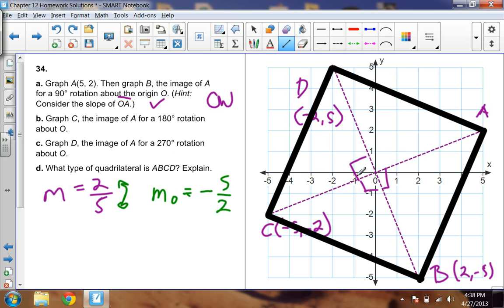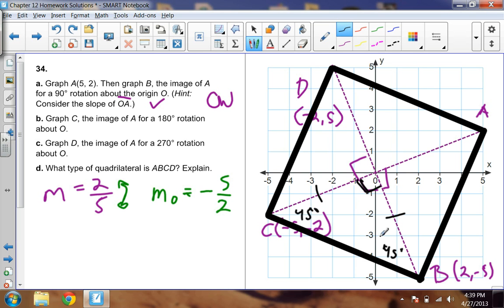Keep in mind that the distance from O to C is the same as the distance from O to B. So that means that these are congruent lengths. And this is 90 degrees right here. So you are looking at an isosceles right triangle. And an isosceles right triangle means that these angles are congruent. Not only are they congruent, but we can say they're 45 degrees because that should all add up to 180. And this is 45, and the same thing applies to all of these as well. So this is 45 as well,